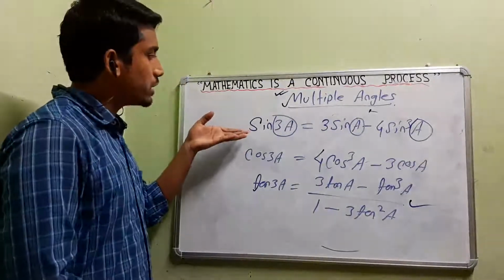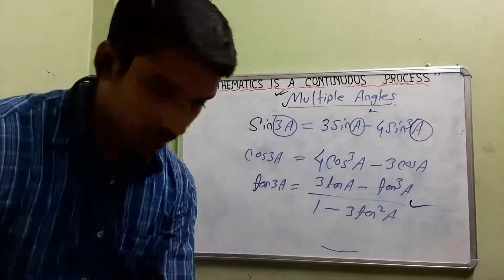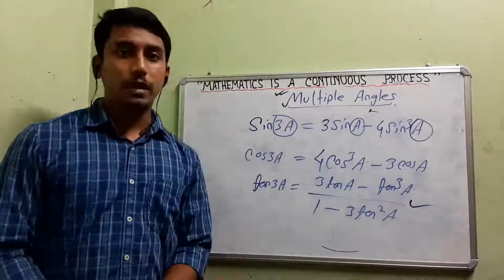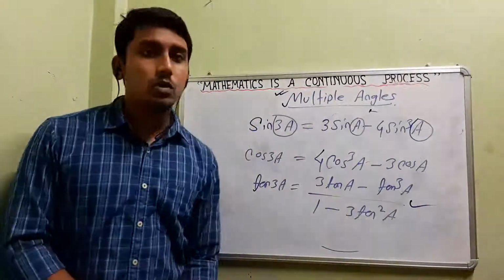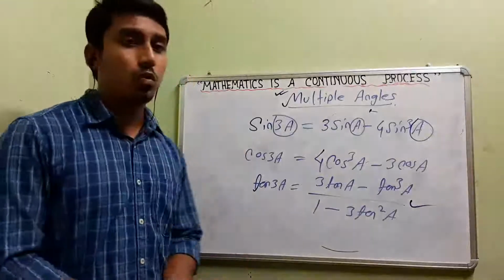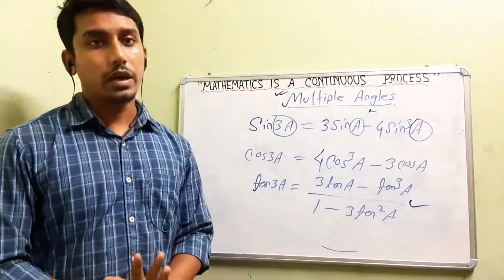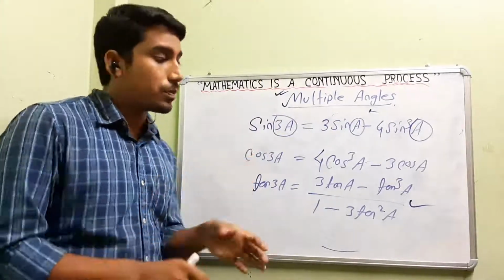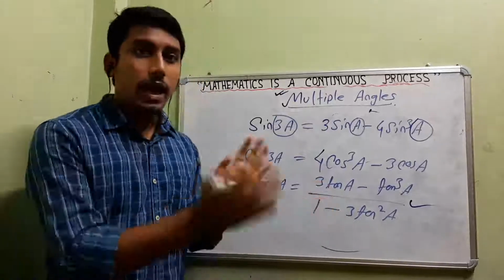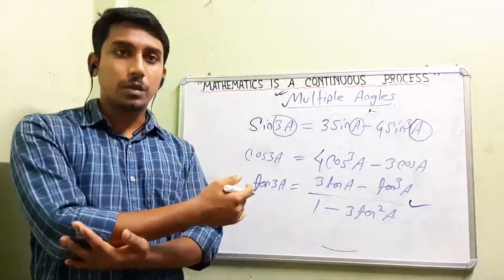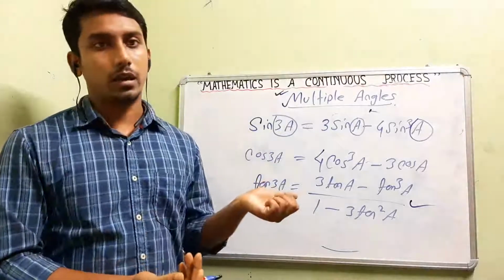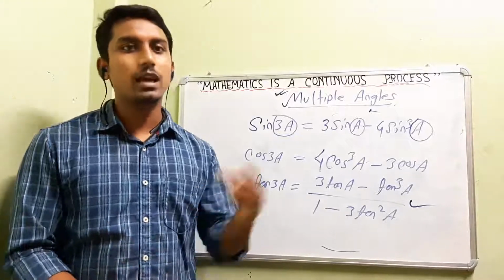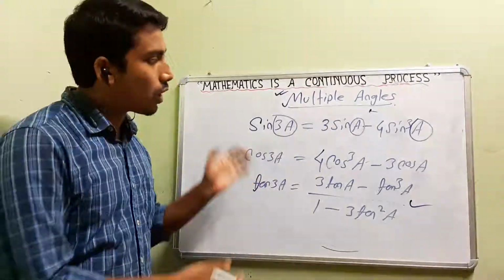And I have already written the formulas for sin 3A and cos 3A. So these are the formulas of multiple angles. In solving problems of multiple angles, we'll use all these formulas very frequently. You will get this kind of problems also. In those problems you will need the formulas of multiple angles and the formulas of the previous topic, transformation of sum and product, or the formulas of compound angles, and also some concept of quadrants as well. You have seen already that in solving compound angle problems, quadrant is needed, isn't it? Similarly all the things are interrelated.